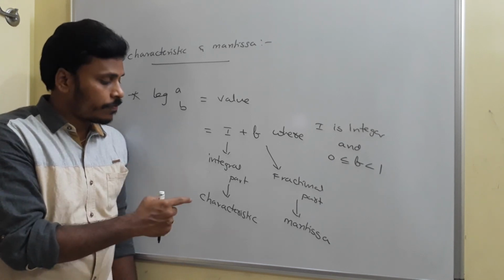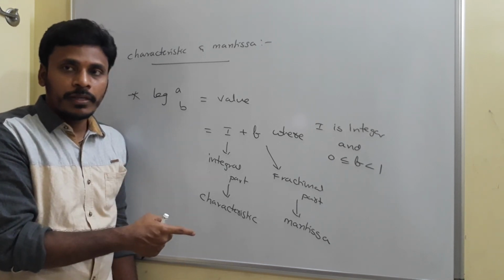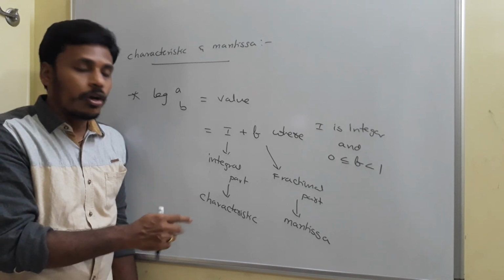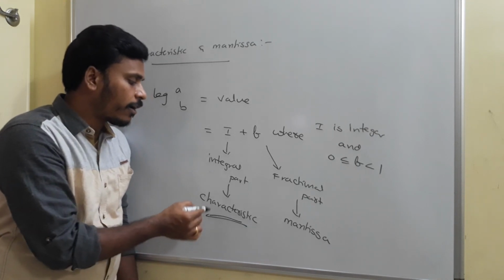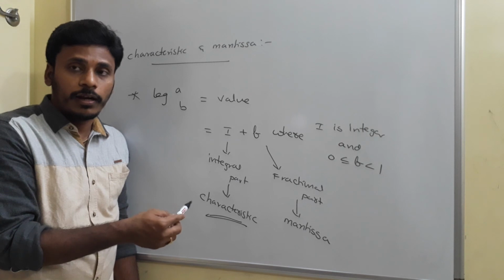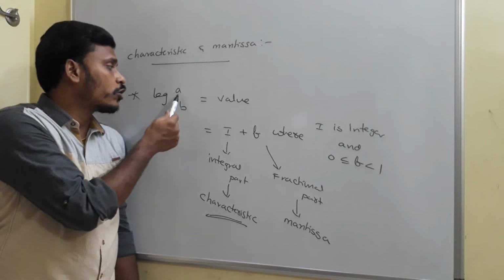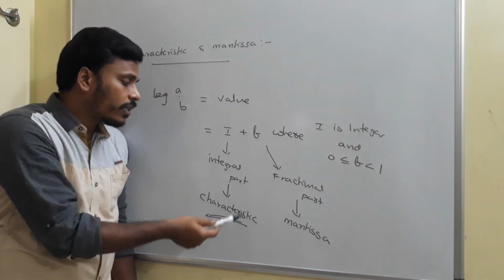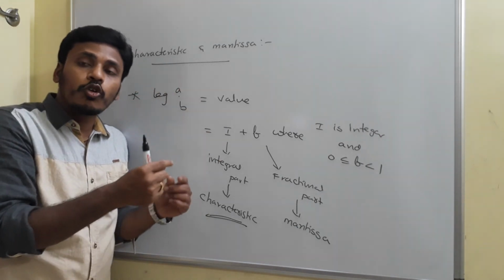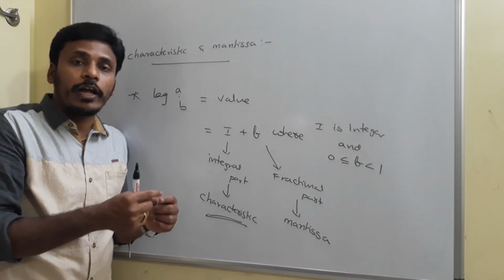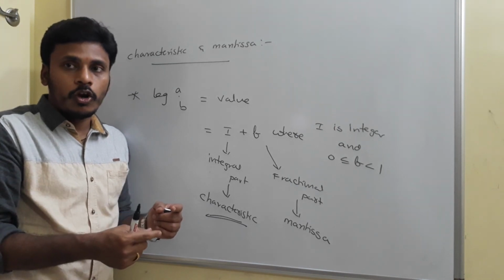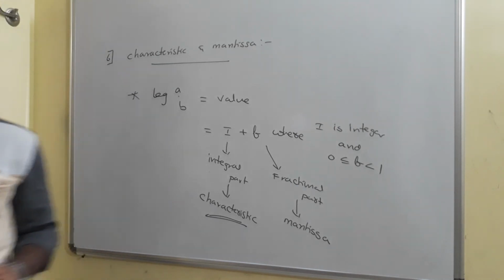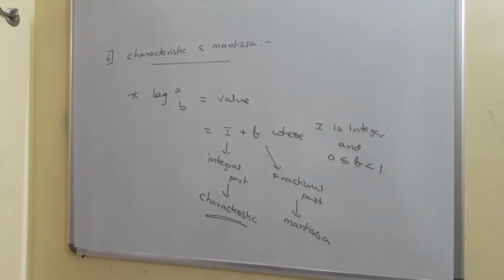And using this characteristic and mantissa, basically using the integral part, the characteristic of the logarithm, we can decide the number of digits of this a, and if you know about that a, we can decide the position of that logarithm, the location of the logarithmic value. Okay, and this is simply about the characteristic and mantissa. There are different problems related to this characteristic and mantissa, and